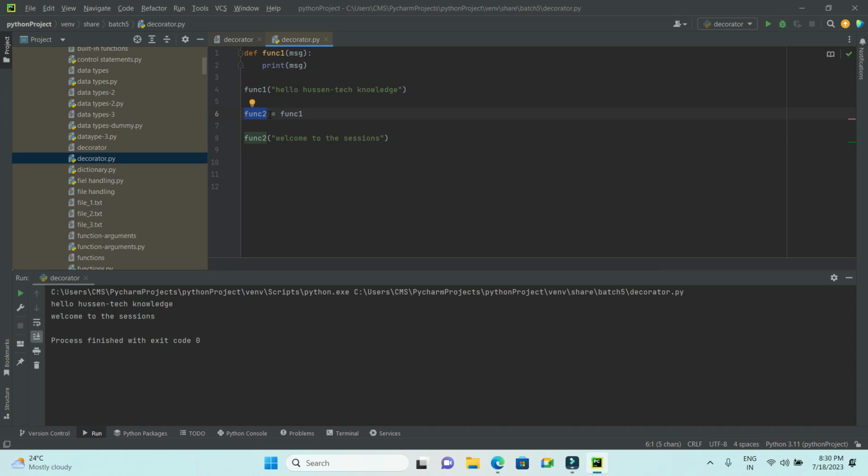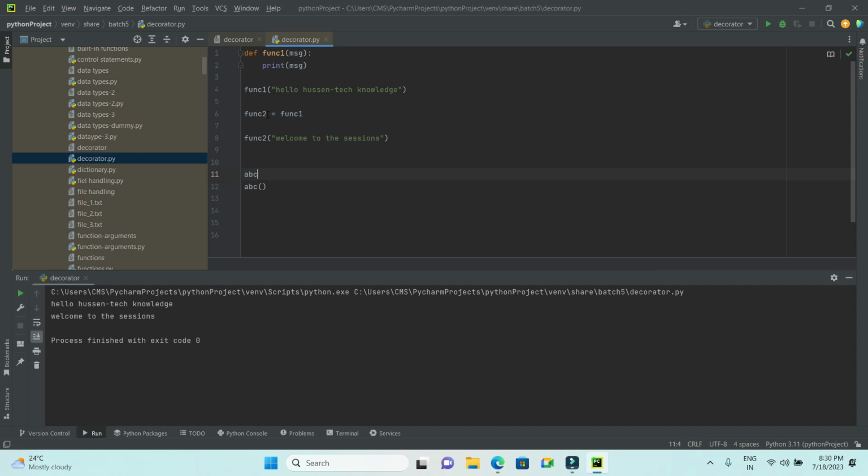Okay, because as we know, without having open and close parentheses we will not consider that as a function. Let's say abc, is this a function or a variable name? No, this is not a function. The function should have open and close parentheses. ABC is just a variable. So in a similar way,